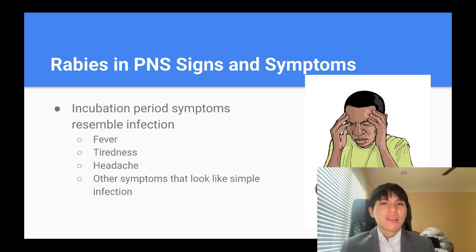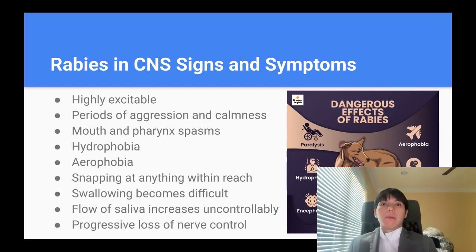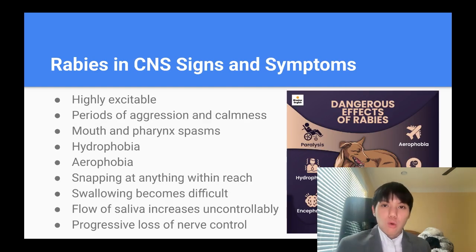So, what are the signs and symptoms of rabies? When rabies is in its incubation period and in the peripheral nerves, most symptoms look like a simple infection. Preliminary symptoms include a fever, tiredness, headache, all symptoms that don't look like rabies at first. When rabies progresses to the CNS, the central nervous system, the symptoms look a lot more like the rabies